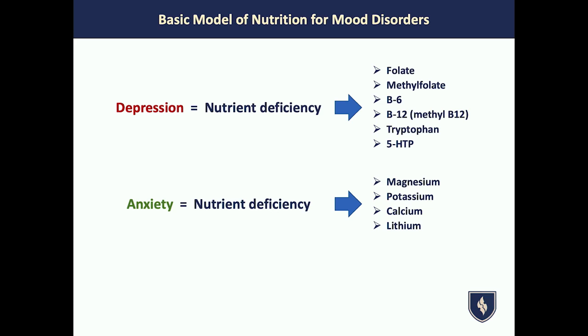Now, of course, nutrition plays a role, but it's not the main cause of people that have chronic disorders. It's one variable of many that impact causing dysfunction in the limbic system. And the same with anxiety. Maybe anxiety is thought to be just a magnesium deficiency or a calcium deficiency or something like that. Now, of course, there's some impact with some of these nutraceuticals having an anti-anxiety effect, but the actual cause of a generalized anxiety disorder that's been happening for months and months and months obviously has more depth and mechanism involved than just a simple nutrient deficiency.